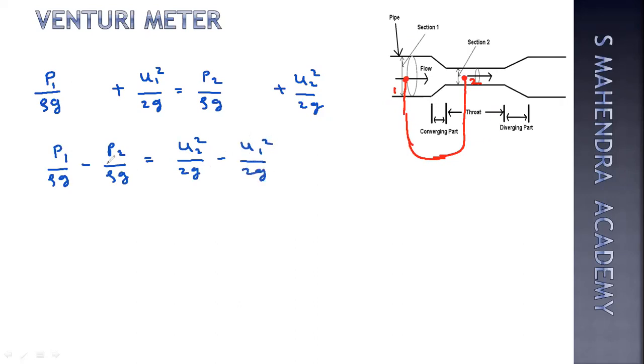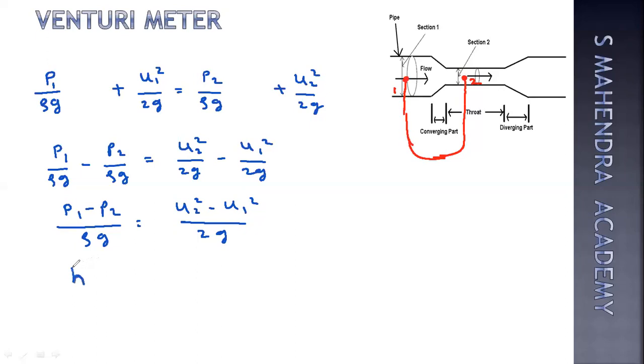Now, as the denominator is the same, we can write here (P1 minus P2) upon rho g, and here (U2 square minus U1 square) upon 2g. As we know, (P1 minus P2) upon rho g is the pressure energy, and the difference between the pressure energy we can write as H,